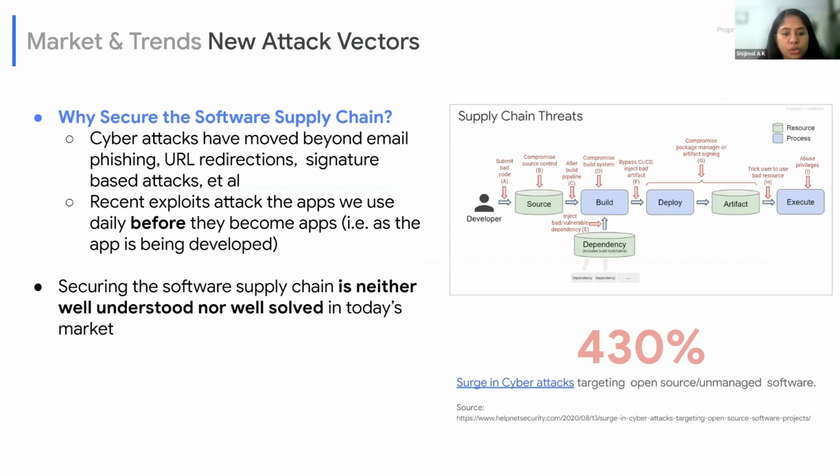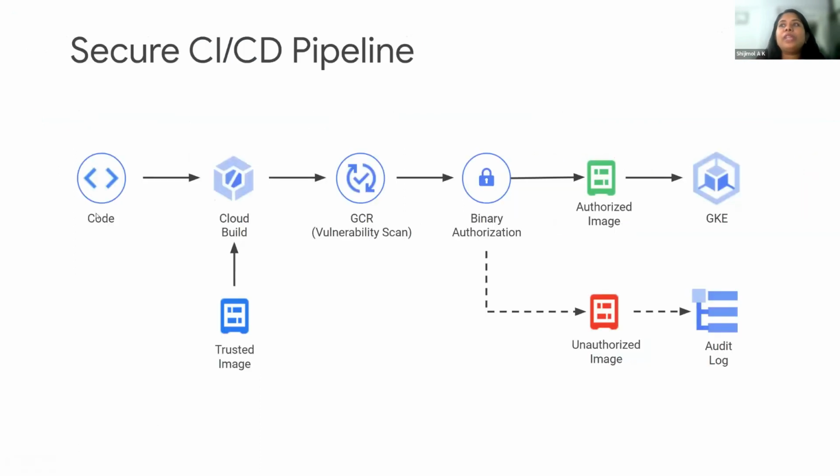You need to secure the source code. So securing the supply chain is neither well understood nor well solved, because we feel that I deploy the application and then I will implement security measures. But what if the attack has already crept into the code, or injected some code during the development phase? So that is where secure CI/CD pipeline, the DevSecOps part of it, comes in. You will hear it with different names. Secure CI/CD means you are securing it in the code base itself.